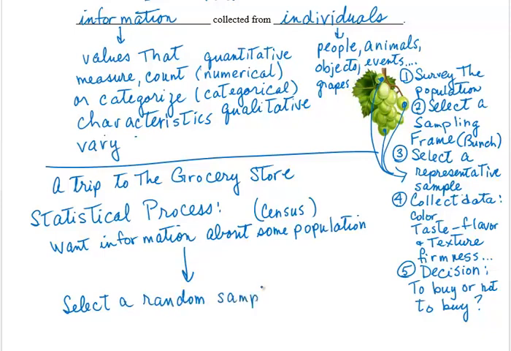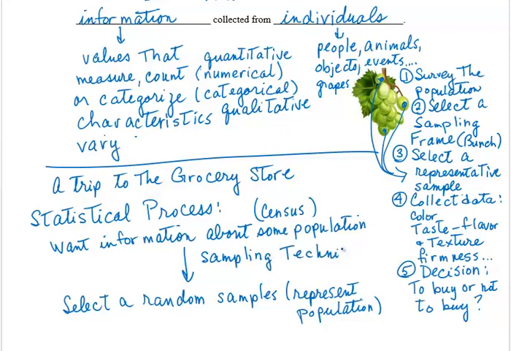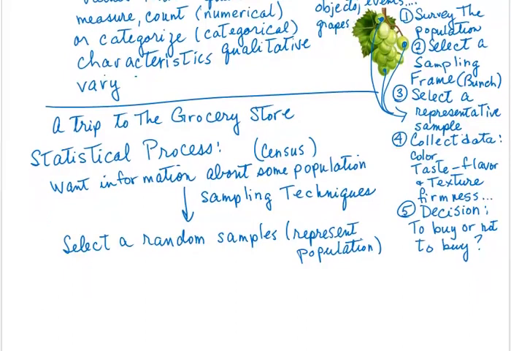Now, random samples usually represent the population, so we're not leaving out any main feature of the population in our sample individuals. And of course, in order to get these random representative samples, we need to use special sampling techniques, which will be the topic of our next lesson. So it's not just a convenient sample as my daughter chose, although I think we could argue that that convenient sample that she chose was indeed representative. That's often not the case. We have some very specific techniques that we use to get these